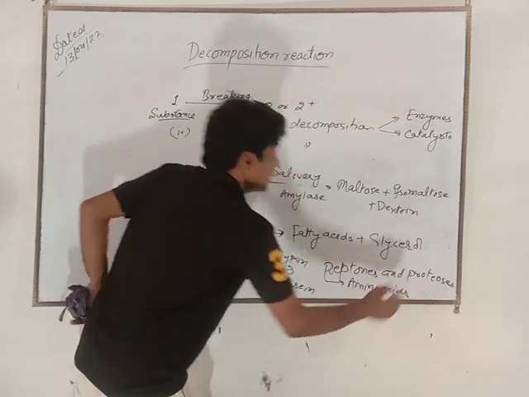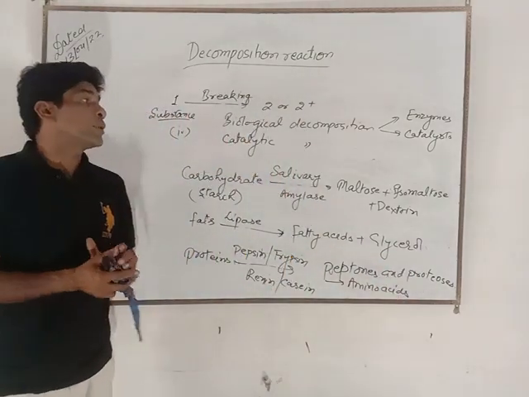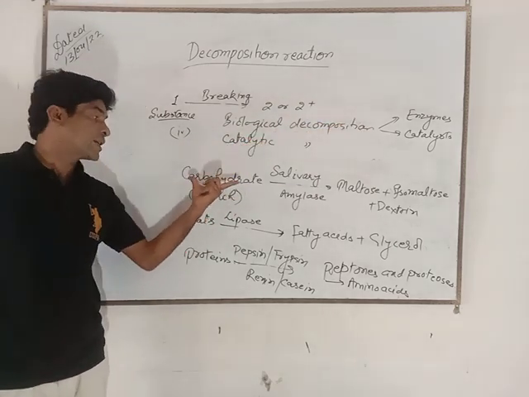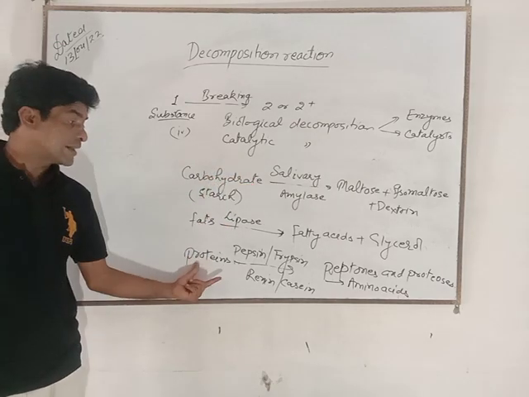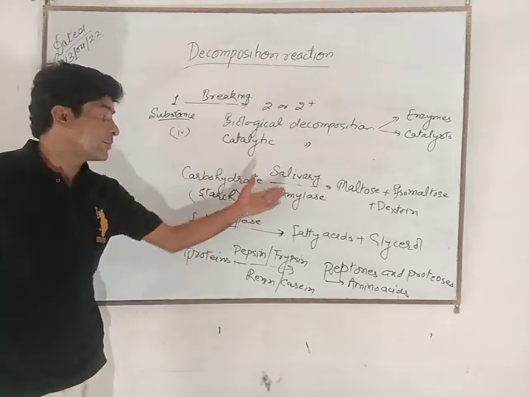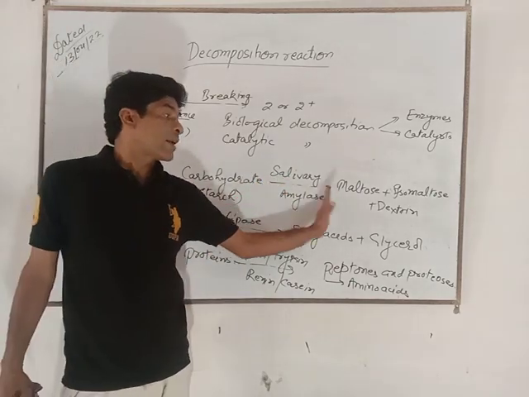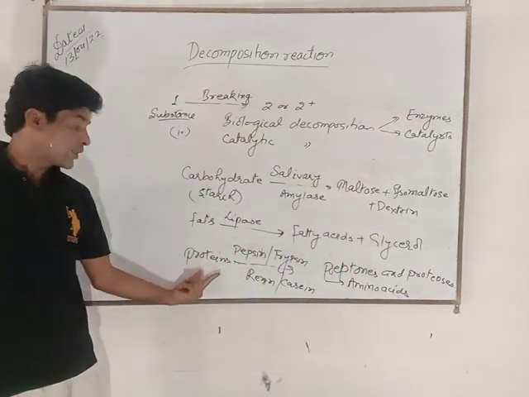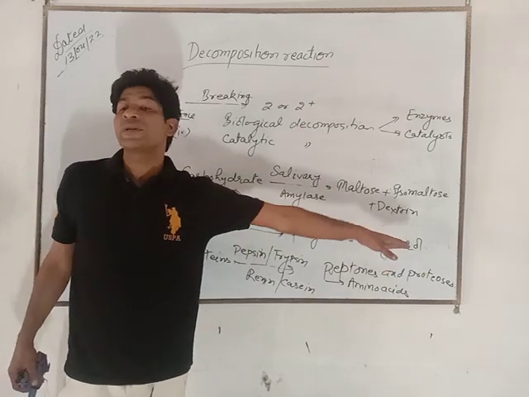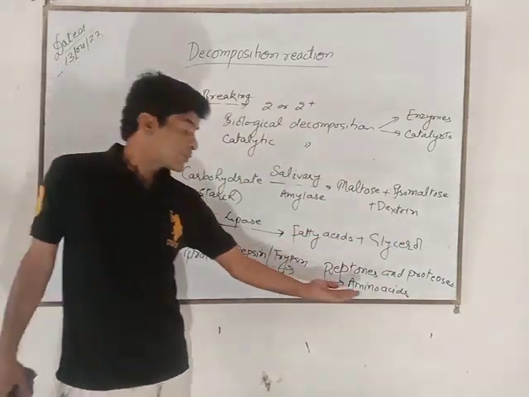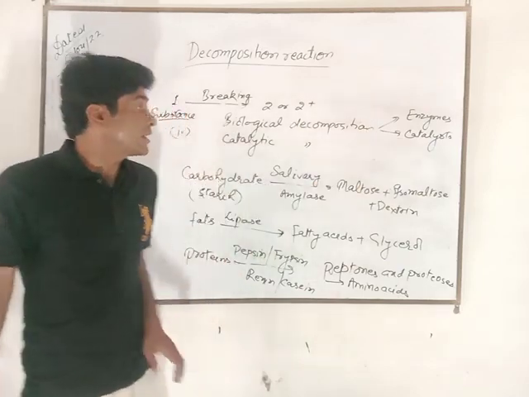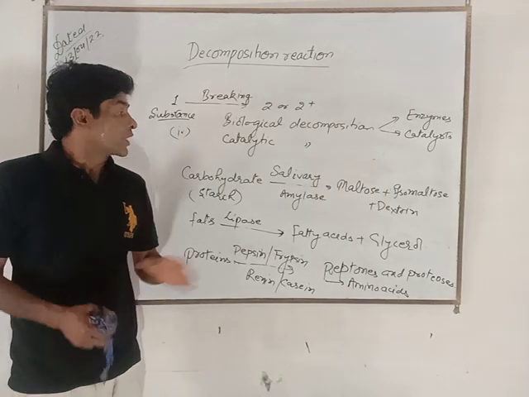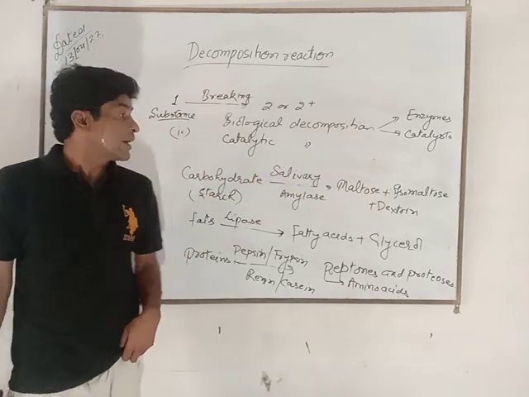Then you are seeing in this biological decomposition, enzymes are breaking agents. Here one single organic substance, whether it is carbohydrate, fat or proteins, by the function of their respective enzymes, changes into simpler products: carbohydrate into sugars, fat into fatty acid and glycerol, and protein into peptones and proteases, and ultimately its product is amino acids and nucleic acid, whatever, right? Then these are different types of decomposition. By this study you can better understand.